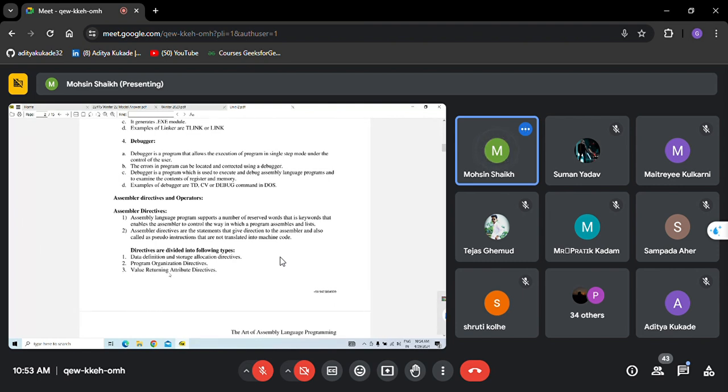Next is assembler directives. This is the important part. This question is asked in the exam for 6 marks: explain assembler directives in 8086. There are 3 types of directives used in that. Which are the directives? First is data definition and storage allocation, second is program organization directives, and third is value returning